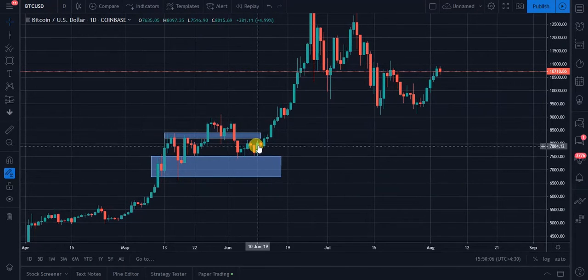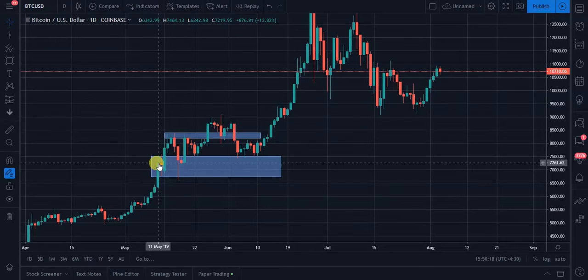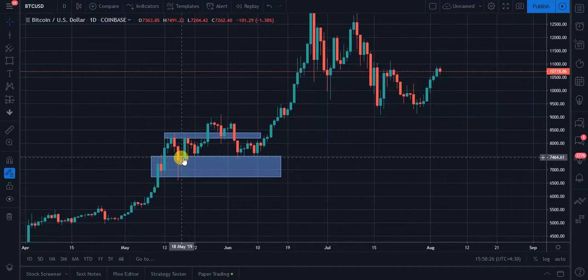And again in the future this price is retesting the support zone that we had in previous days, for example 11 May to 18th May of 2019. So in the future that level or zone is useful for buyers. For example here,